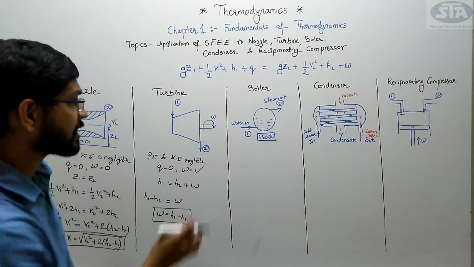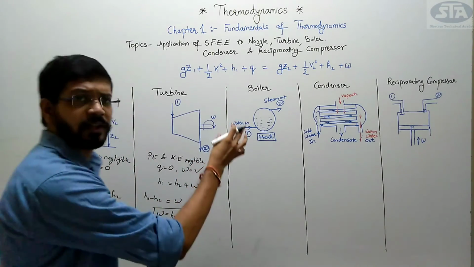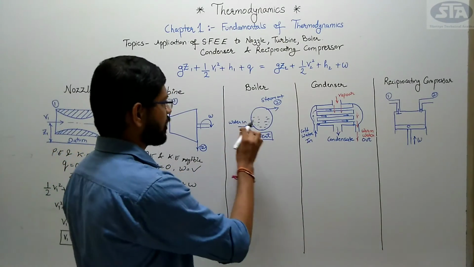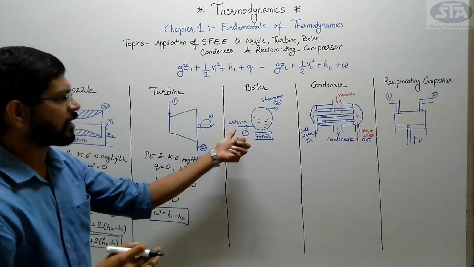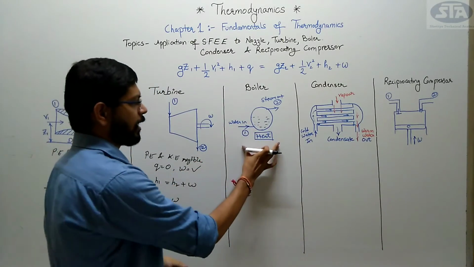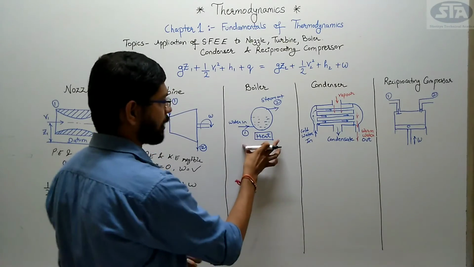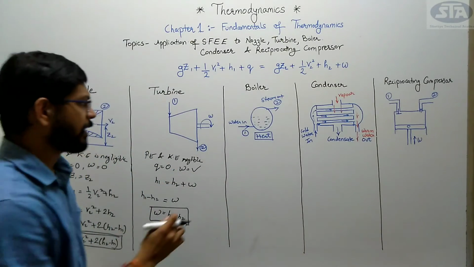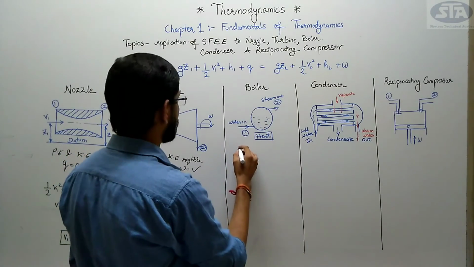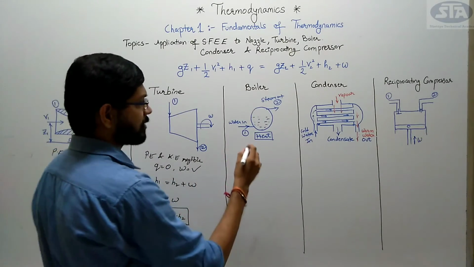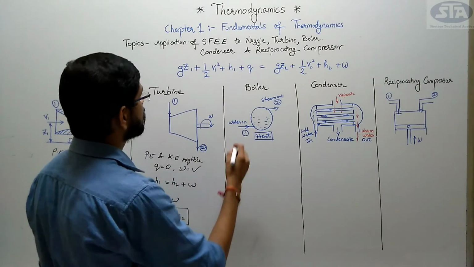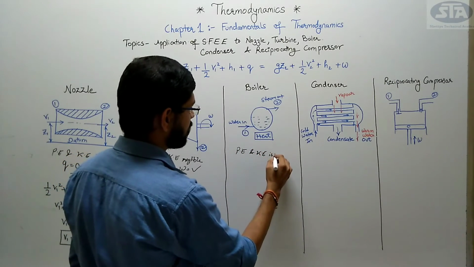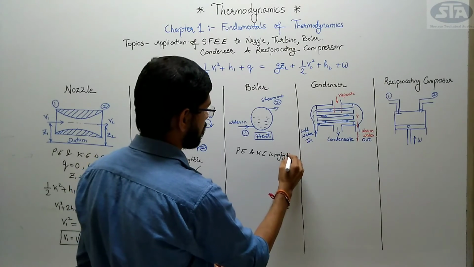That is turbine. Next, what is boiler? A boiler is a device which converts chemical energy into heat energy. At the inlet of the boiler I am providing water, then at the bottom I am supplying some heat. After some time, this water will turn into vapor and steam will be generated. Here we will be solving the steady flow energy equation. As I have used the term of heat, potential energy and kinetic energy we consider as negligible.